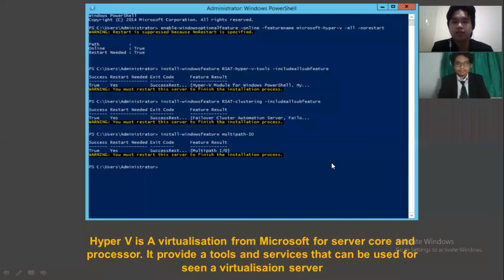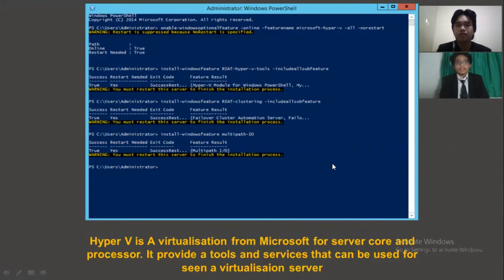Now we are moving to Hyper-V. Hyper-V is a virtualization technology from Microsoft for servers, core, and processors. It provides tools and services that can be used for server virtualization.